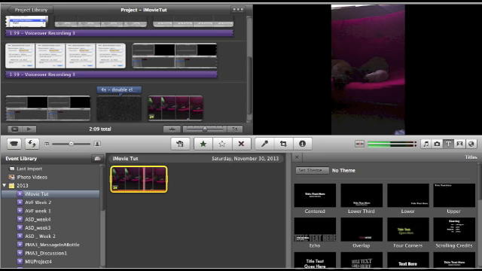In the lower left-hand corner, you'll see the event library. This typically runs by month, or you can add a new event. And as you can see, each class has a week in there, so I have new events for each week. In the center are your movie clips, and this is where you can do some editing, splicing, cutting,